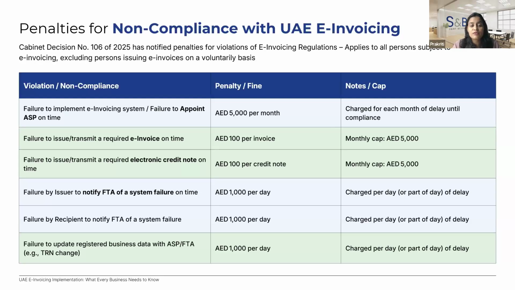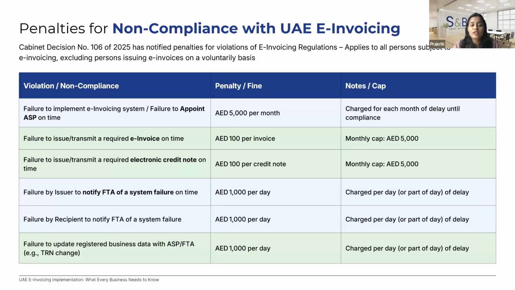In terms of time, the VAT law specifies that the invoice has to be raised within 14 days. So all those things have to be met. Failure to issue a required credit note. Now, many businesses might not be issuing a credit note; they might be changing the invoice as such. This is called tampering with the invoice, which is not required. That's not as per the law.